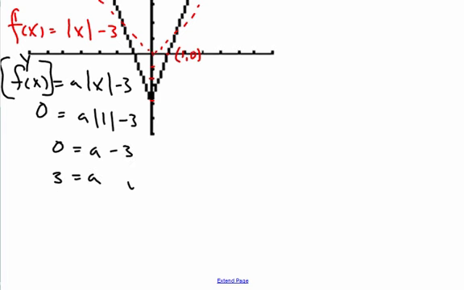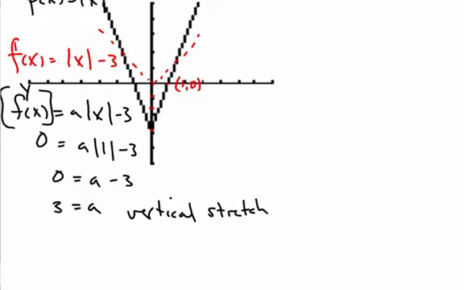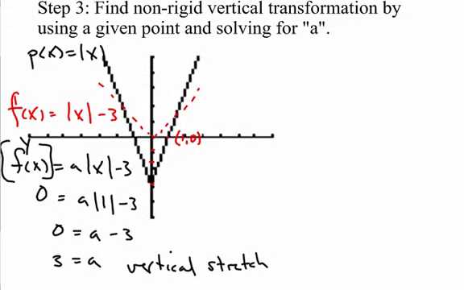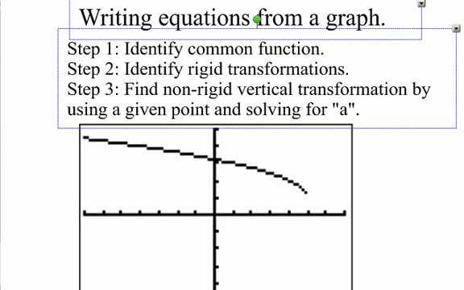So this appears to be a vertical stretch of 3. So we're going to come back up here and change our graph. We're going to put a 3 right there. And so we have a multiplier of 3 on the y values, and we're going to move that down 3. All right. Well, let's finish up with one where we have another graph, and we're going to find this